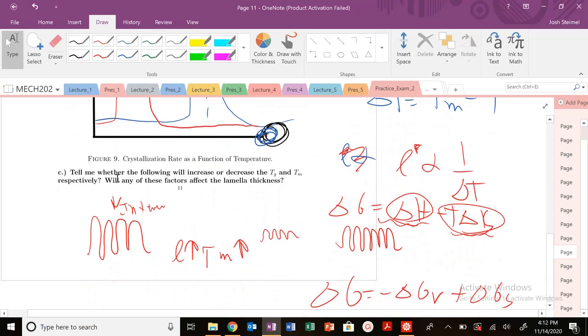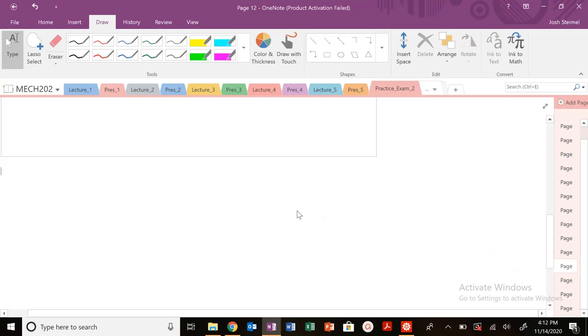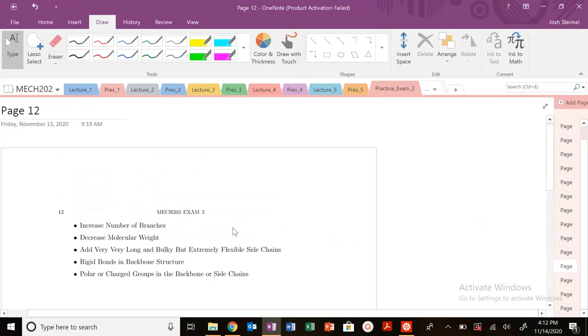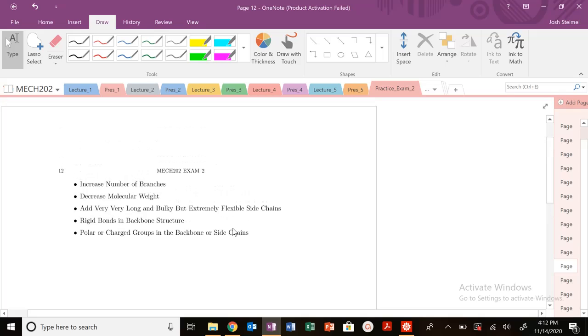And finally, tell me whether the following will increase or decrease Tg and Tm respectively. Will any of these factors affect lamella thickness? So let's go ahead and think about that for a second. Let's go to these parameters. Let's first focus on what's going to happen to Tg and Tm, then figure out any that are going to affect L. So if I increase the number of branches,